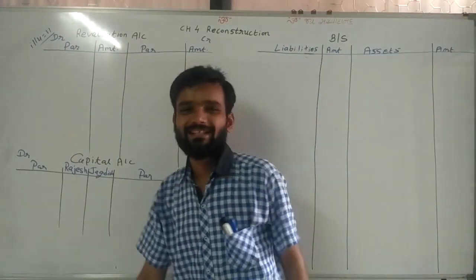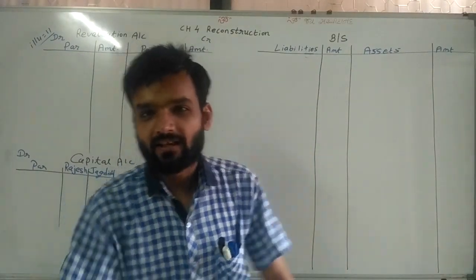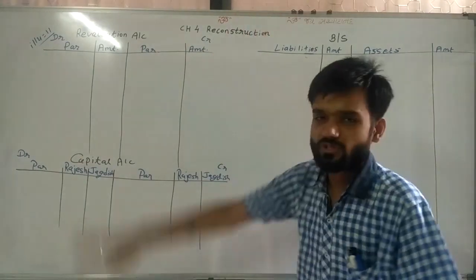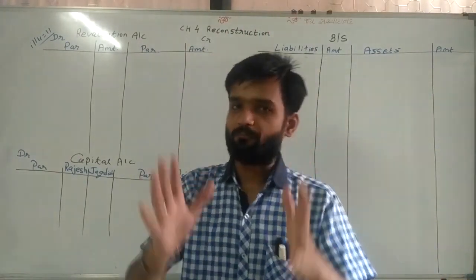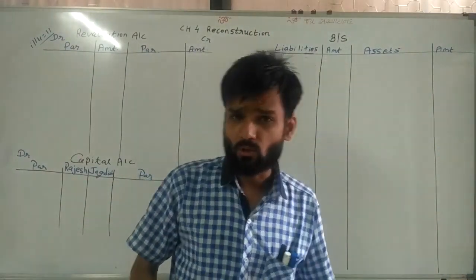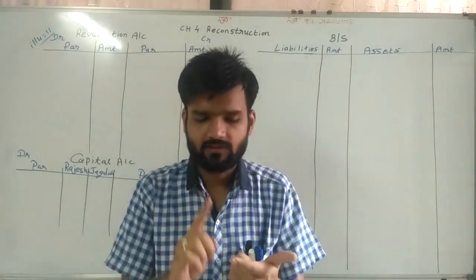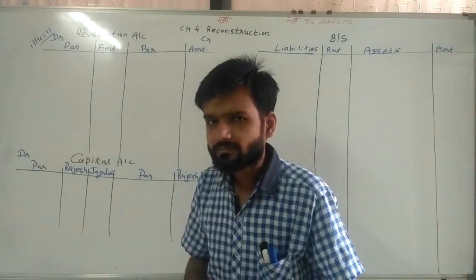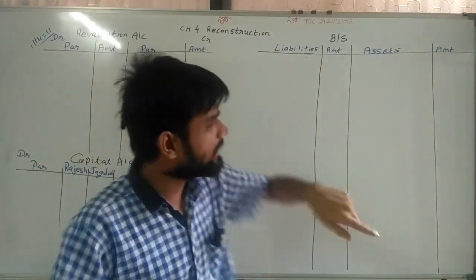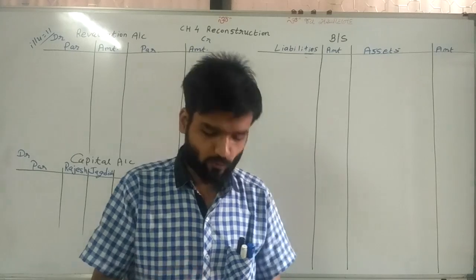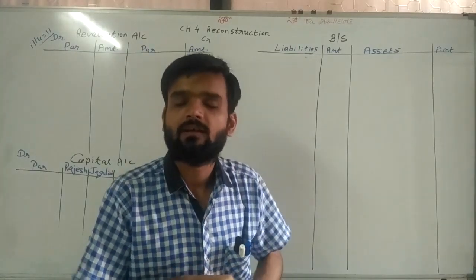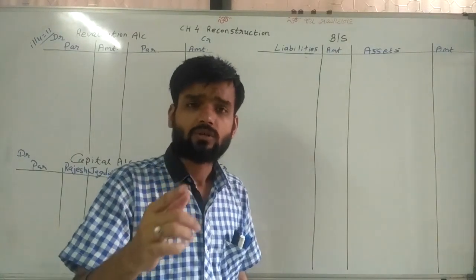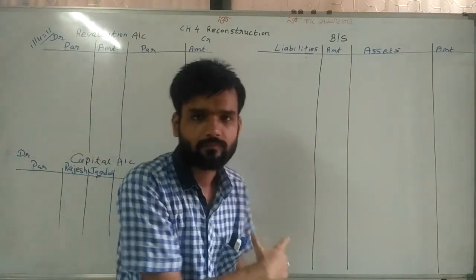Hello students. Today again we are continuing with chapter number 4, reconstruction of partnership firm. In the last lecture we saw a full sum in which a revaluation account and a new balance sheet were there. So what are we doing now? Same type of sum we are taking here, in which again we are doing the whole sum, but